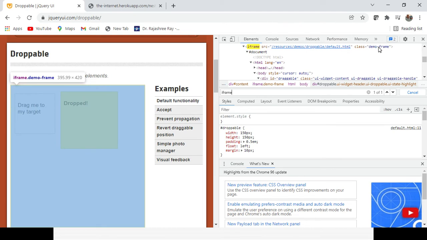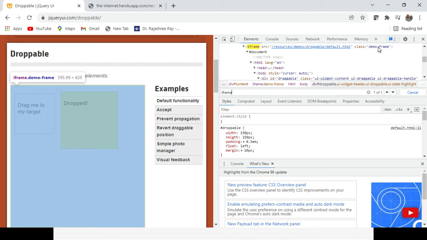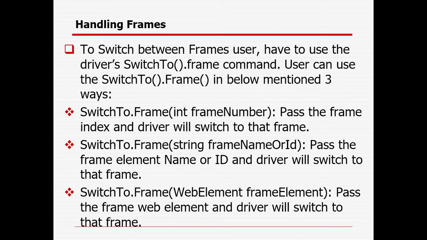In case some name or ID is there, you can handle it. Otherwise, if only one element is there, definitely the index will be 0, and you can also handle the frame with the class value. But name and ID are not available here. So there are two options: one is the index, one is the class reference.